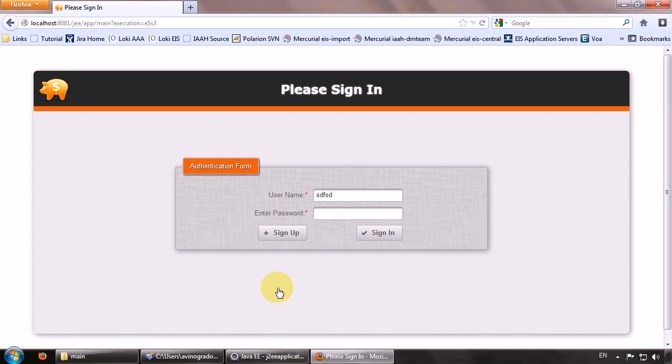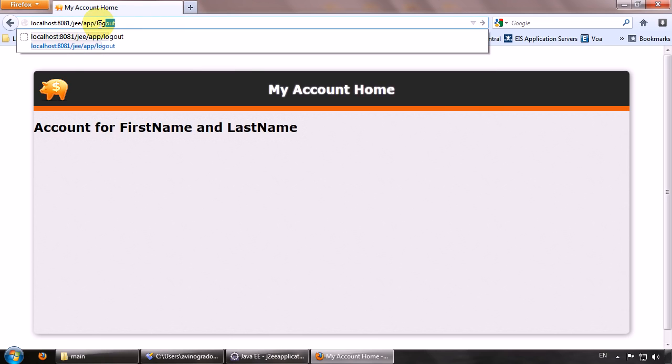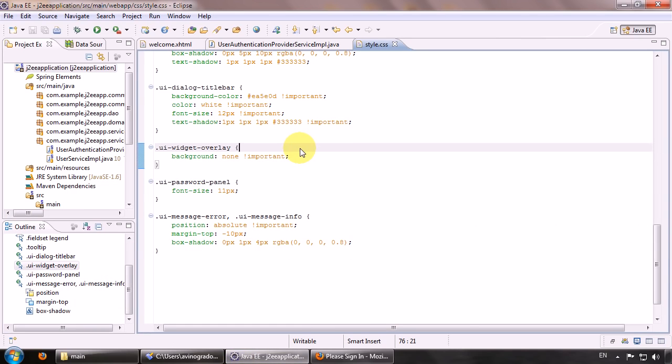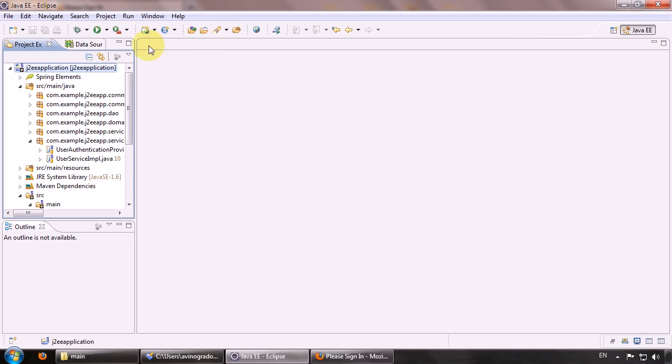So the enter key on your keyboard works in the way it shouldn't. Sign in. Okay, good. So far so good. I think we can close this now,